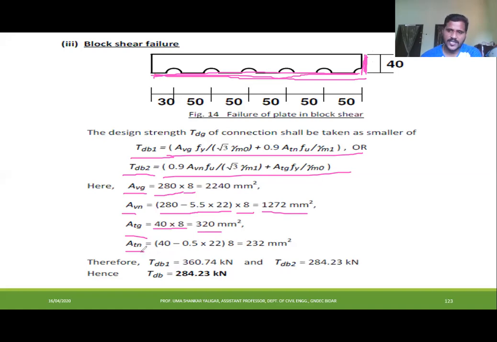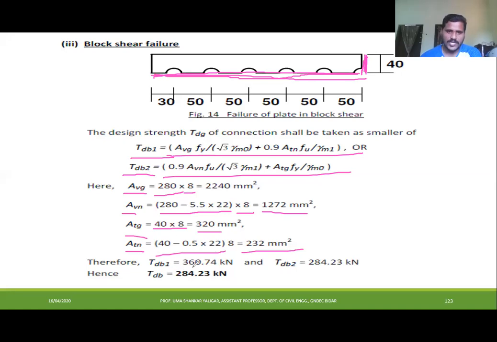But next is ATN. T means tensile, N means net area. Net area along the tension plane. This is 40. How many bolts do we have here? Half a bolt. So 40 minus half of the hole diameter, 22 mm hole, multiplied by thickness. You will get this as 232 mm square. So if you substitute these values in TDB1 and TDB2,